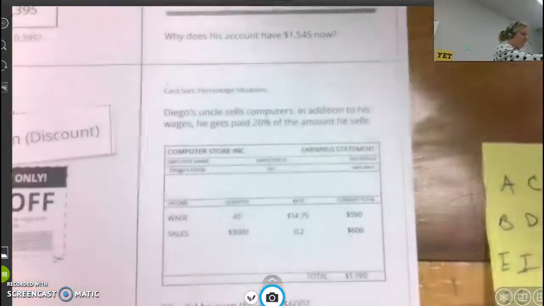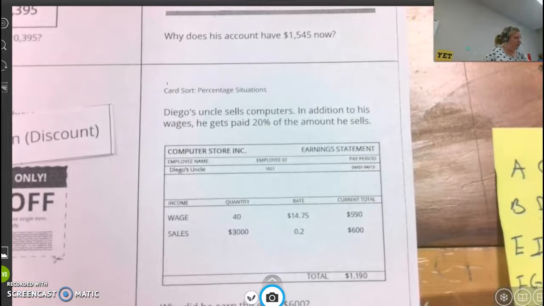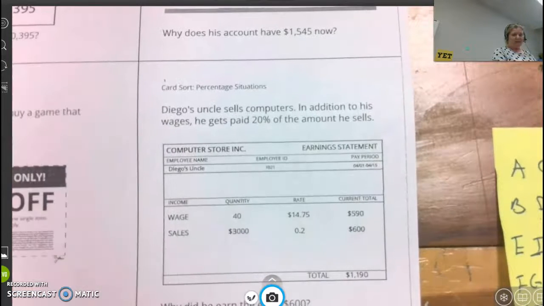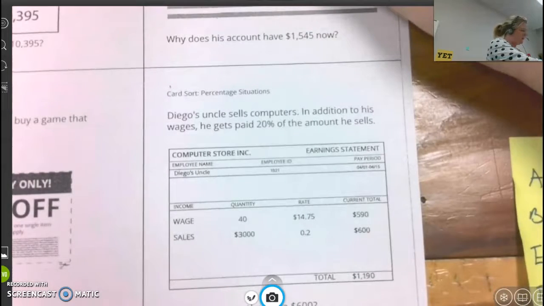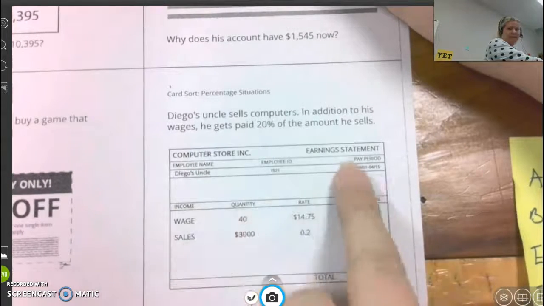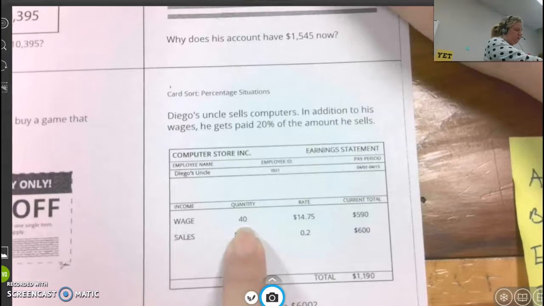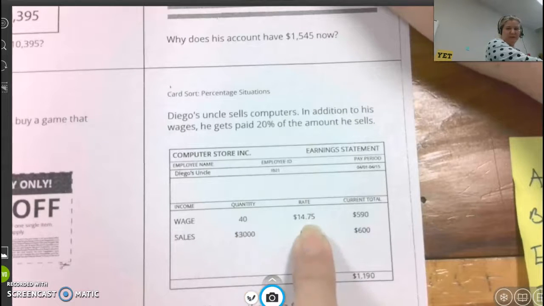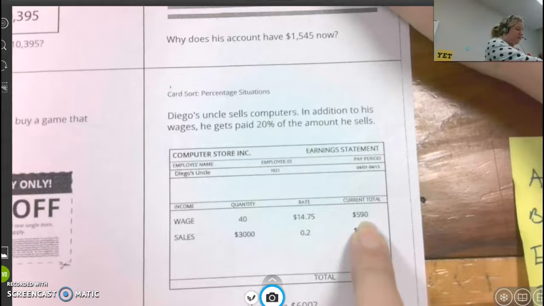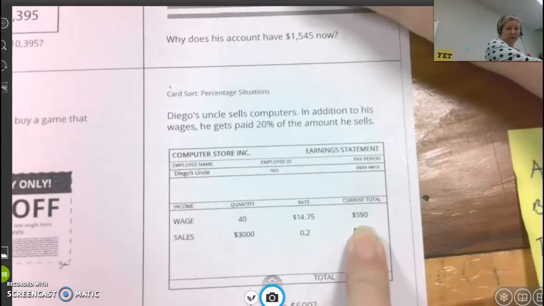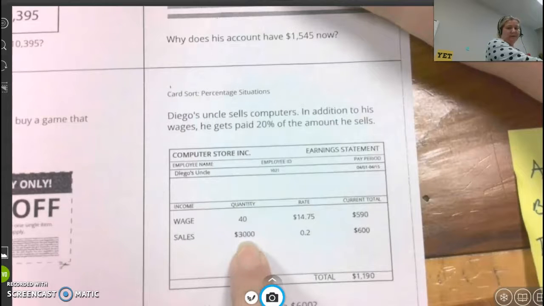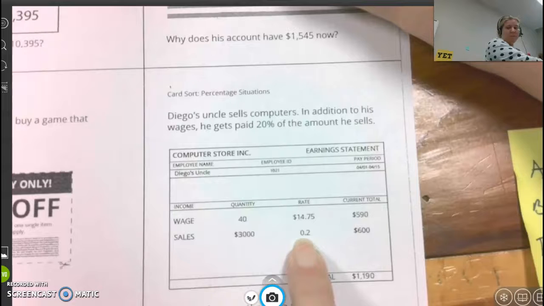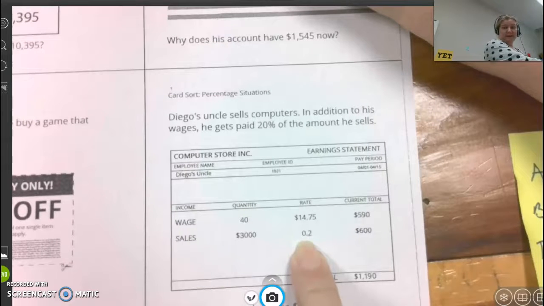Last question here. Diego's uncle sells computers. In addition to his wages, he gets paid 20% of the amount he sells. So you can see here's his little earnings statement. He has a wage for 40 hours at $14.75 an hour. So that's for working, the hourly wage. Then for the sales, he sold $3,000 worth of computers, and he gets 0.2 or 20% of that, which is